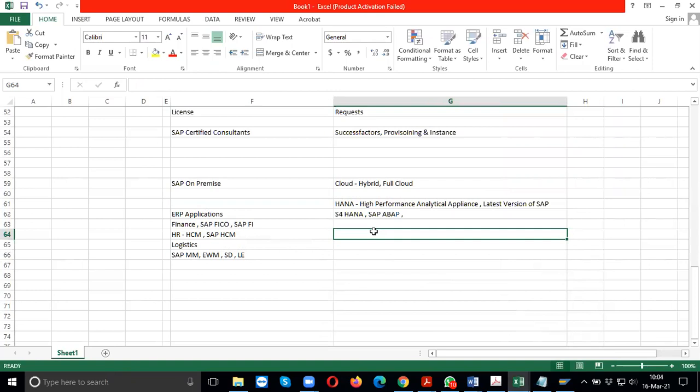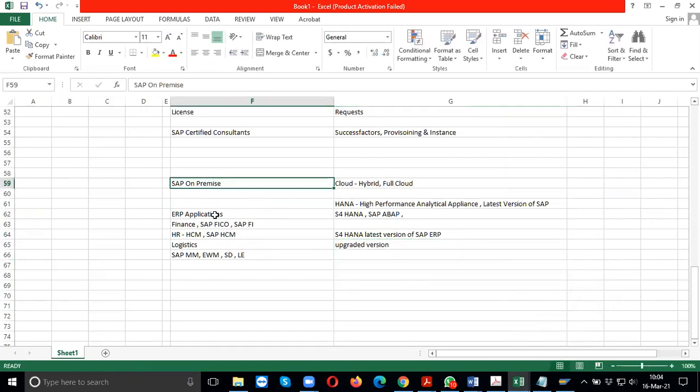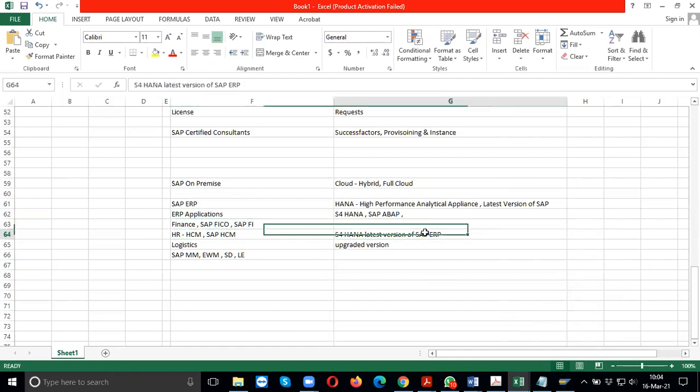S4 HANA is the latest version of SAP, or you can say the upgraded version, and it includes all the solutions SAP has. So there's not much difference between SAP ERP and S4 HANA.